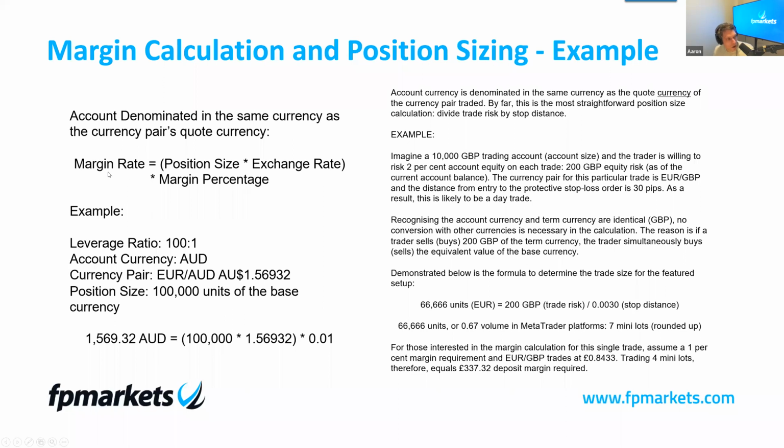Now, to calculate our margin rate, it's position size. So we know that's 100,000 multiplied by the exchange rate, that's 1.56932, multiplied by the margin percentage. Now, the margin percentage, again, guys, how did we work that out? 1 divided by 100, 0.01. Now, if we compute all of this, we'll end up with 1,569.32 Aussie dollars. So as you can see, 100,000 multiplied by the exchange rate, and then we multiply the product of these two values by 0.01. And that will give you your